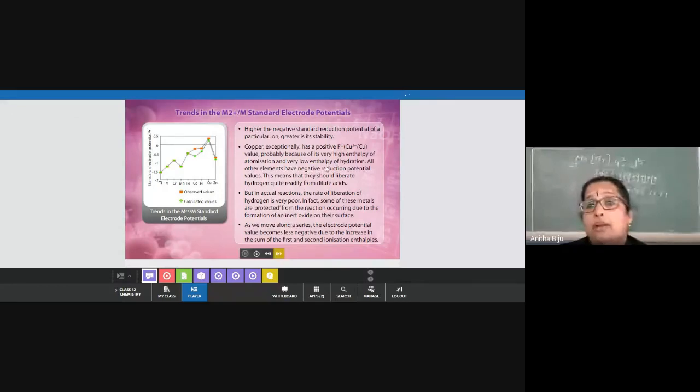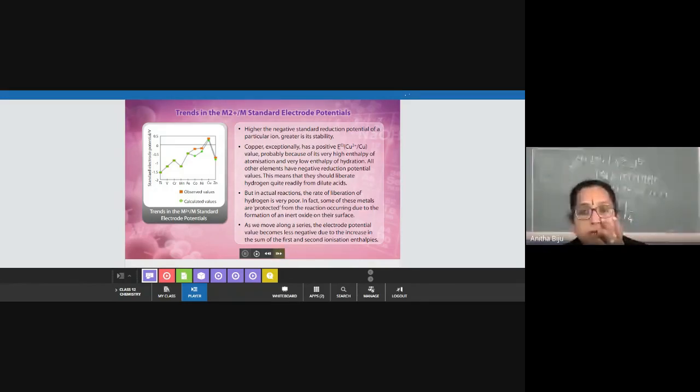That's why it is not balanced with that required for the transformation of copper in the solid state to copper in the ionic state. The rest of the metals in the transition series have negative values. I will give one example that you can remember: zinc has the electrode potential value minus 0.76 volt. All transition elements which belong to the first transition series have negative electrode potentials except copper.